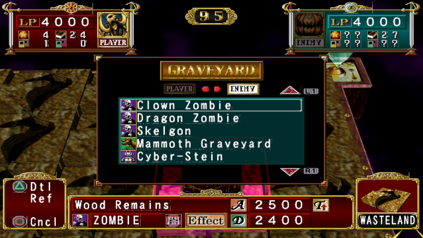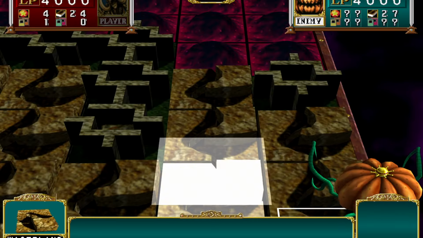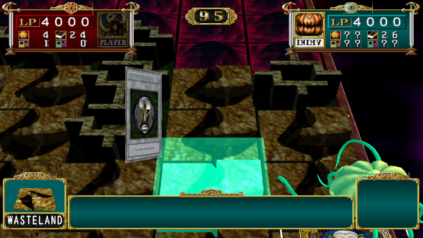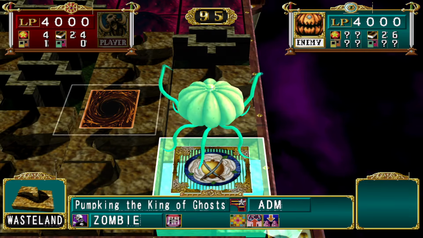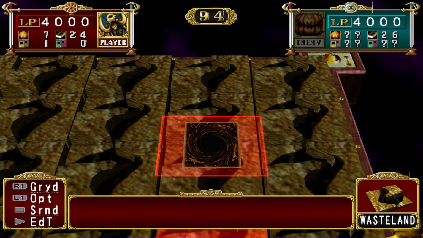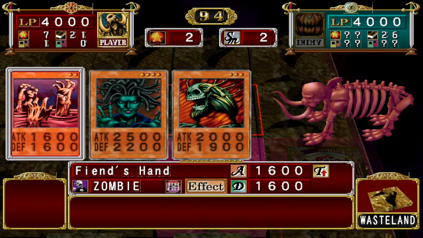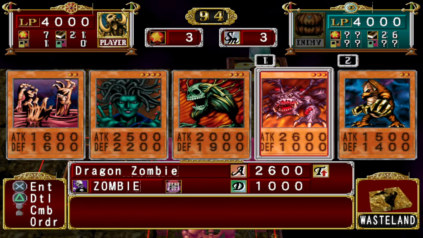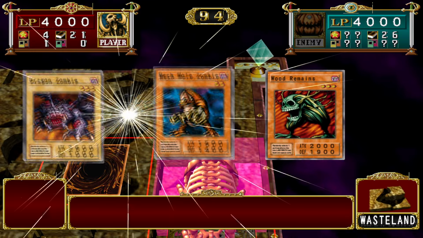Oh hey, he used a Fiend's Hand. Hopefully that will be in the graveyard for us. So we just kind of need to kill him at this point. There's a Violet Crystal in there, there's Fiend's Hands. That's a Violet Crystal creature, Pumpkin, so...